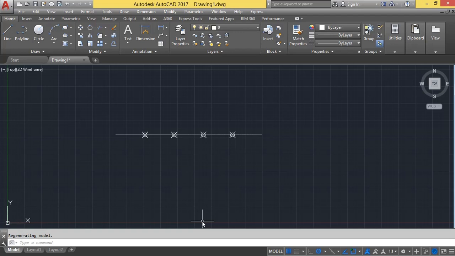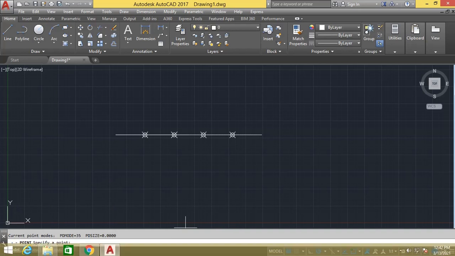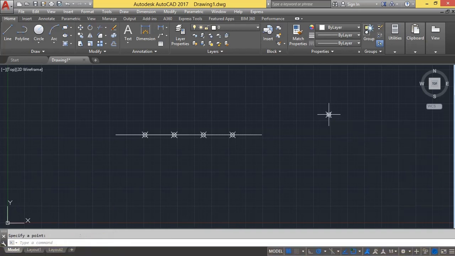So I have drawn a line and I divided that line into 5 equal divisions with 4 new points on the line. So this is about how to put a point or how to change the style of a point. Now if you want to put a point, same procedure, type the command point. Wherever you want to put the point, just click there, a point will be created. As the point style is already in the changed format, what I am able to see is a bullet kind of point. If it is default, a small dot will be created in the space where you click. This is to create a single point.